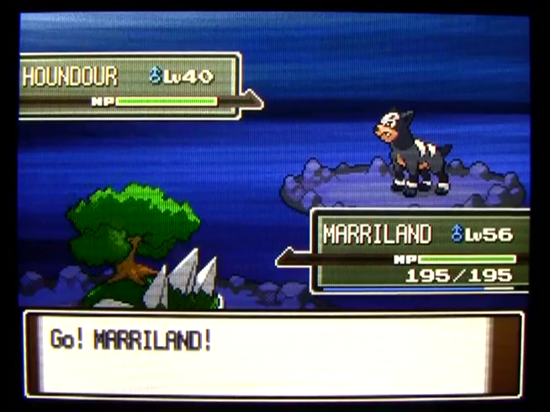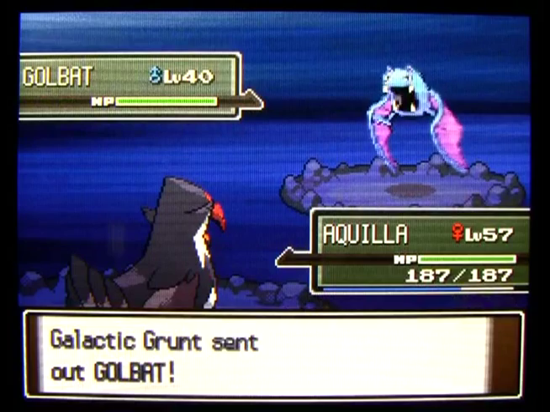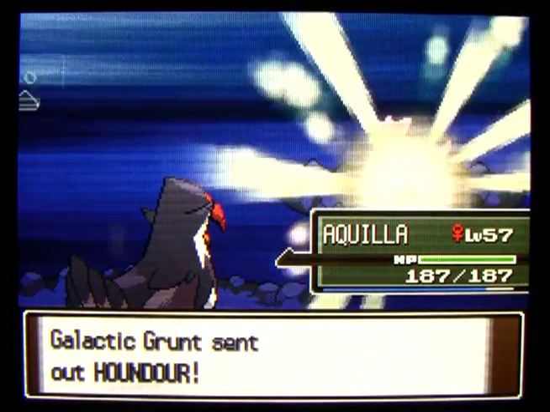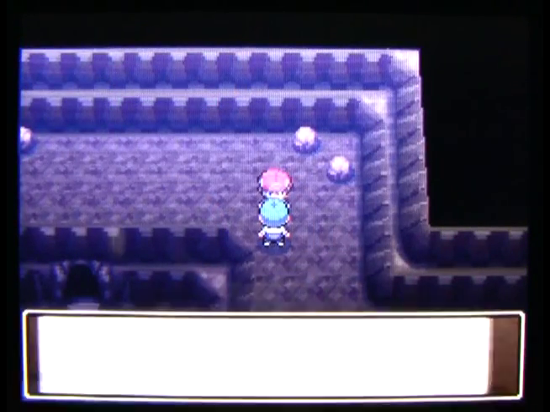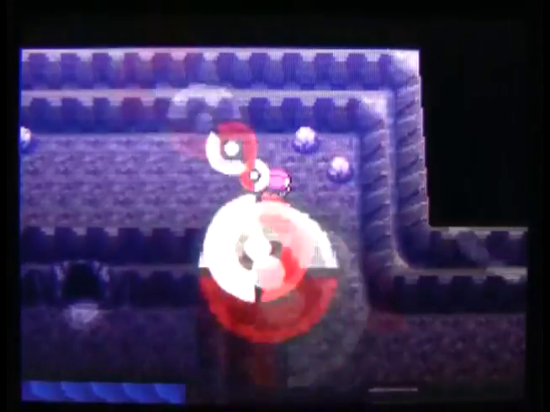That's a spirit. Okay, he starts off with a Houndoom, level 40. Adds a Golbat, level 40, to the fight, and ends the fight with another Houndoom, level 40. Interesting. Okay. Just to the east of him,